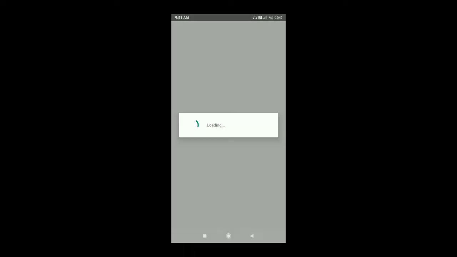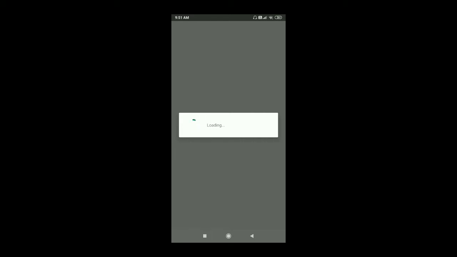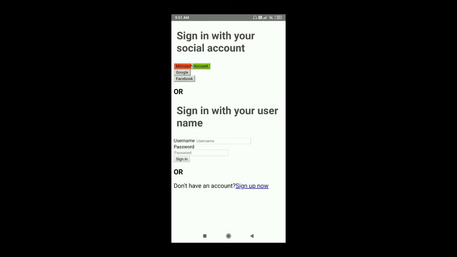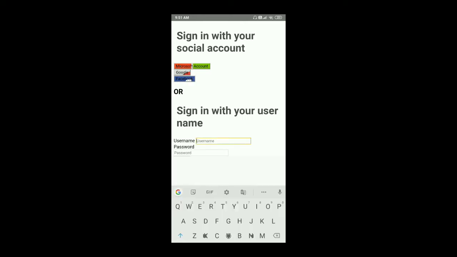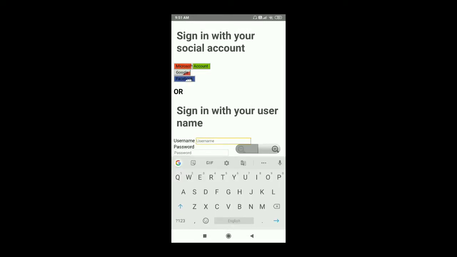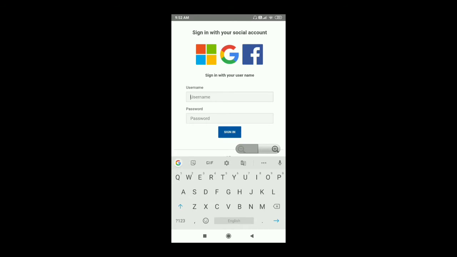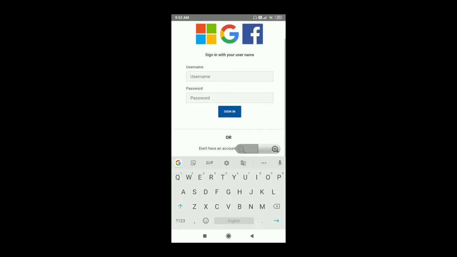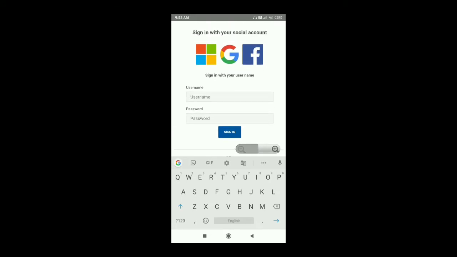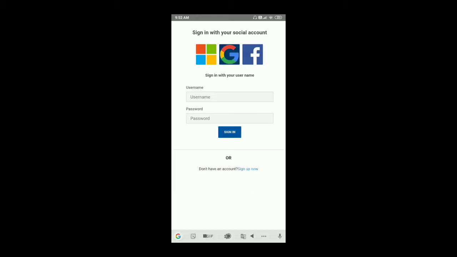Here I am already registered, so I can log in directly. There are three platforms for signing in: either we can sign up, or sign in using Facebook, Google, or Microsoft. Here I am using my Google account for login.